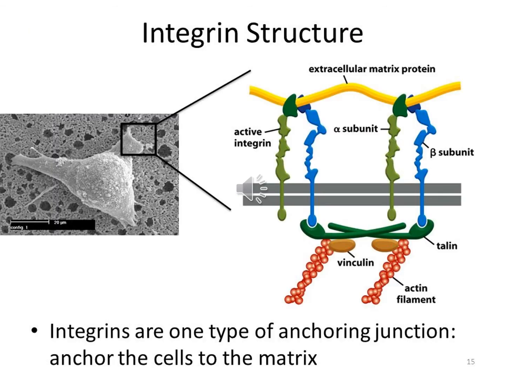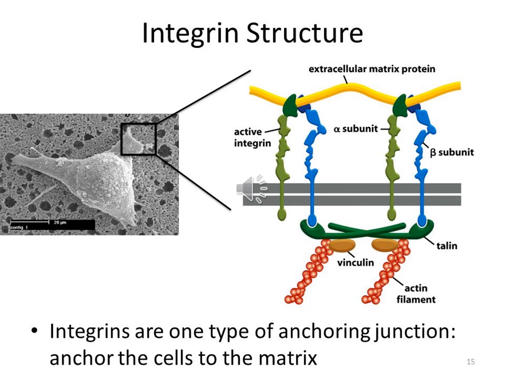So this is a view and a structure of an integrin receptor. You can see two units, the alpha subunit and the beta subunit. It is a heterodimer, with an alpha unit and a beta unit, and this is going to form the transmembrane part. The two black solid lines are showing the plasma membrane.